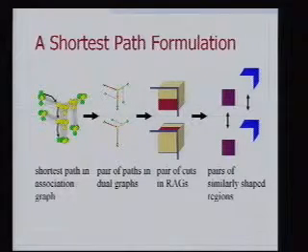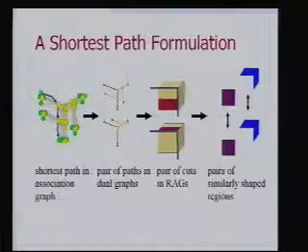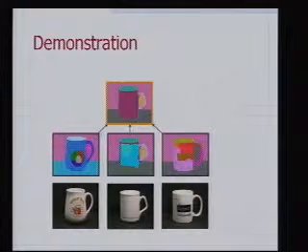Right? And once we have these hypothesized cuts, then we have to check the shapes of the two and the relations to verify. Okay? So a shortest path in the product graph with appropriately chosen edge weights will try to point us to a good set of corresponding cuts which ultimately yield shapes that are similar on both sides of the cuts. So let's have a look at some results.